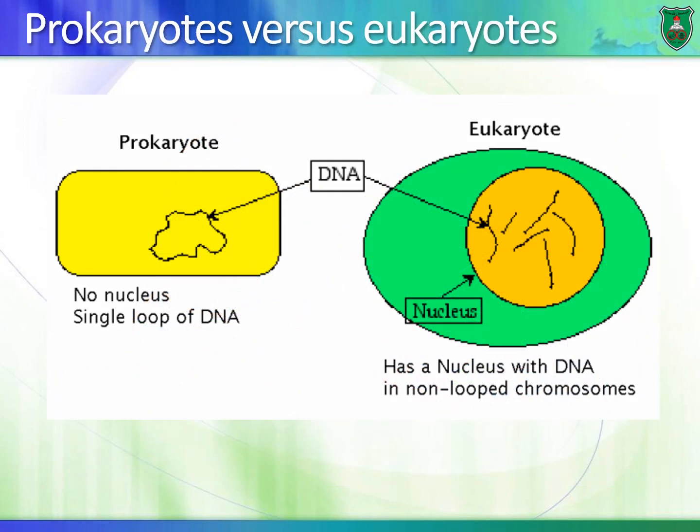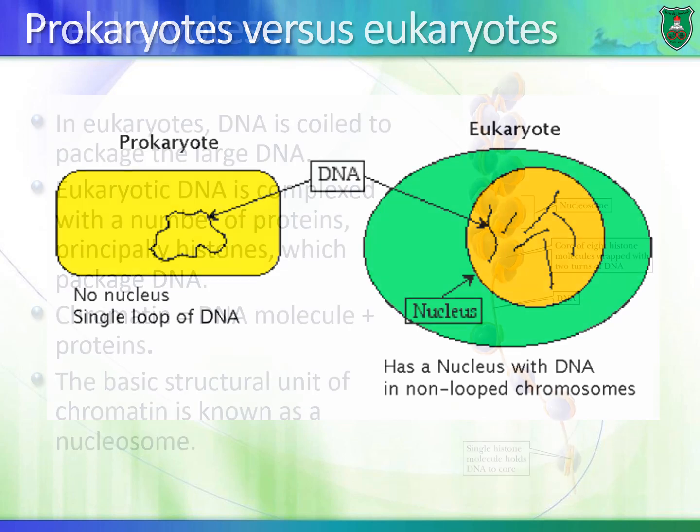Another difference is that in eukaryotic cells, chromosomes are enclosed in a nucleus, versus a prokaryotic genome or chromosome that is not only circular, but also not enclosed by a membrane. That's why they are known as prokaryotic versus eukaryotic cells.